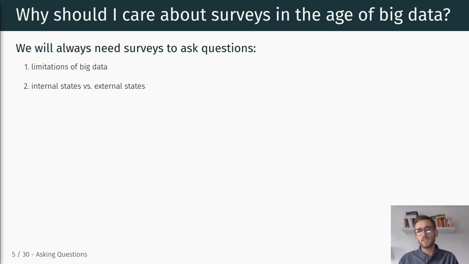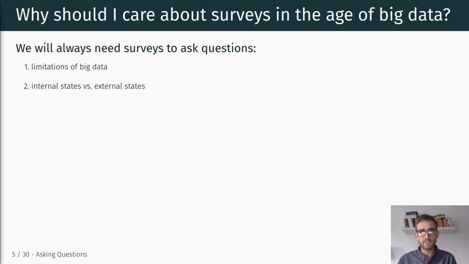There's another deeper reason why big data are limited, which is big data are oftentimes help us to observe people's behaviors and kind of observe people's external states, but they don't really allow us to get direct insights into people's internal states, into their attitudes, potential emotions, and things like that. Right? Granted,